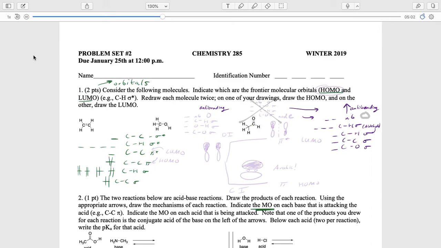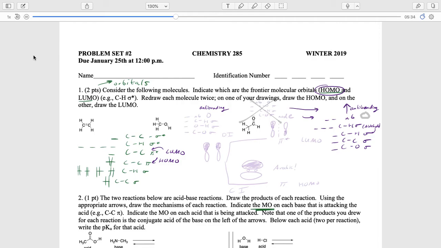And then identifying the HOMO, I will do that in purple. Purple is the color of royalty. HOMO, highest occupied, is just this one right here. And the LUMO is just the one right up from it. So the two orbitals we have to draw are the pi, the HOMO, and the pi star,